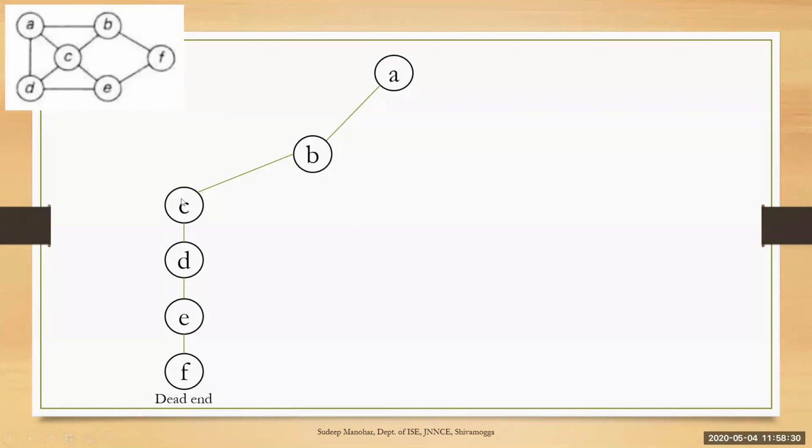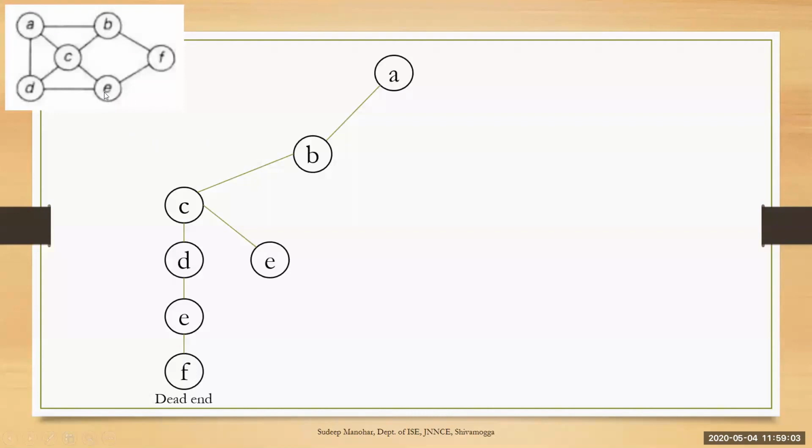Backtrack to C. When you backtrack to C, which are the nodes that are adjacent? A, B, D, and E. You have chosen A and B. A and B are already part of this path until C. And D and E, you have chosen D once. So you have passed through D. And the only option left is you can choose E. So E is one option for starting from C. So I can go to E.